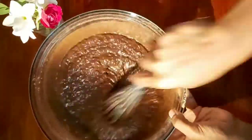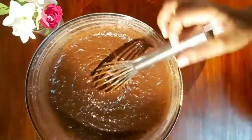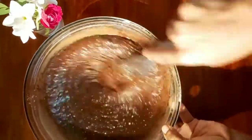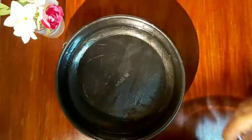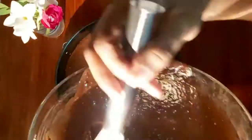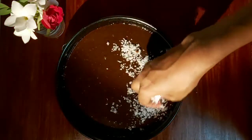I also added 1/4 cup of hot water just to balance it out because it was really hard. The lumps you see are the coconut in the mixture, so it's never going to be so smooth. And that was a tablespoon of white vinegar. After mixing that up, make sure you've oiled or greased your tin. Put all the mixture of the batter in and then put it in the oven for 35 minutes at 175